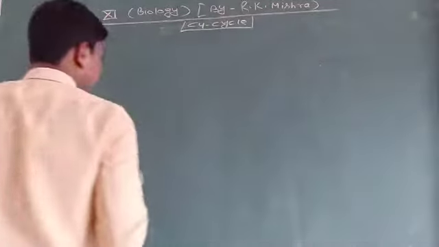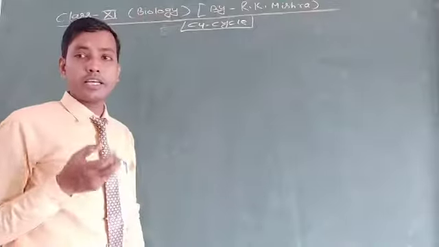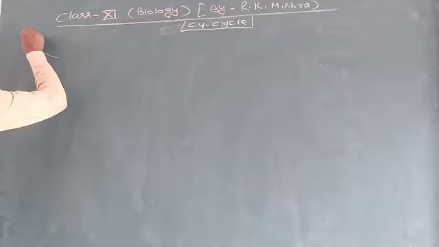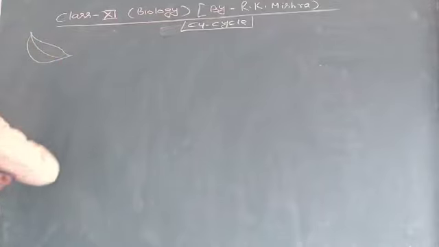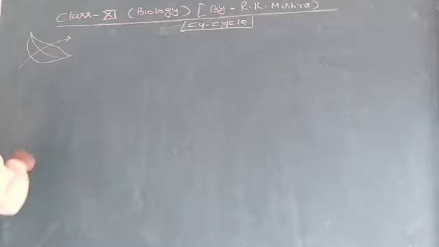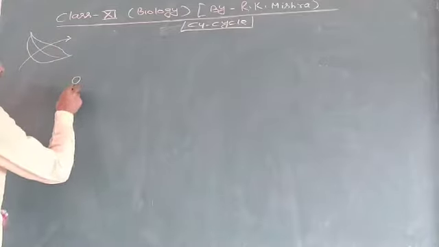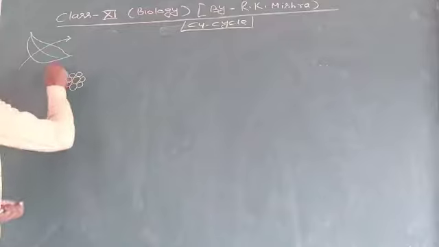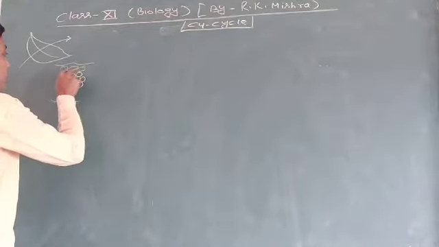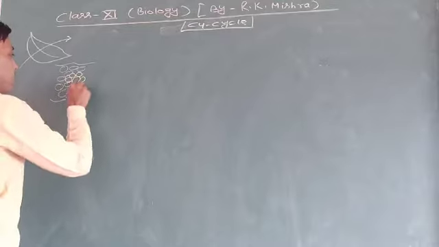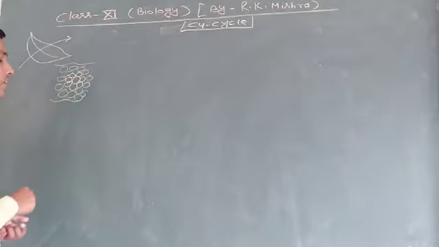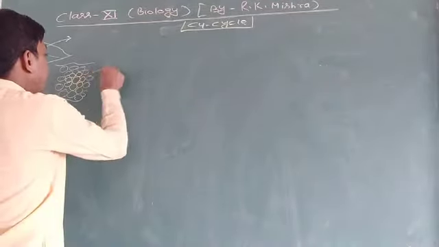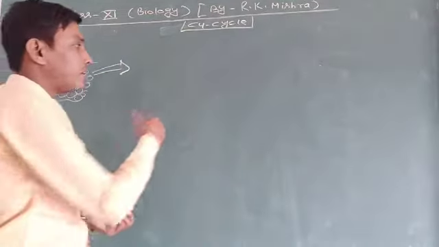So let's see where the granal chloroplast and the agranal chloroplast are found. When you cut a piece of leaf, this is the leaf piece, then you will have the vascular bundle, and there is the bundle sheath cell. This is the bundle sheath cell, and there is the presence of mesophyll cell. This is the mesophyll cell. Keep in mind, this is the mesophyll cell. Listen carefully. So let me magnify the portion of mesophyll cell and bundle sheath cell over here.